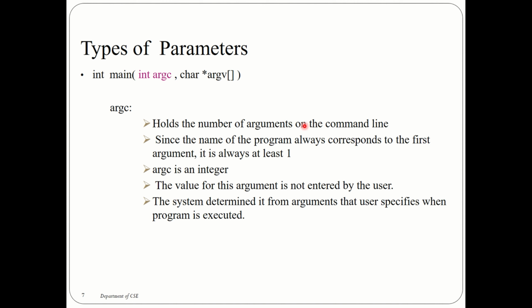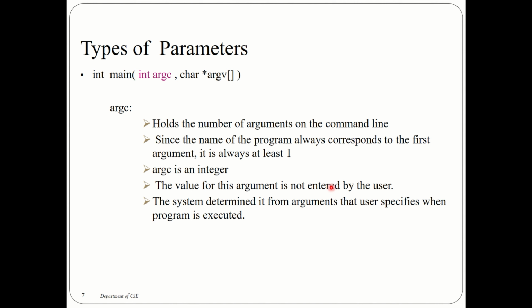./a.out is the file with which I will execute my C program. So normally there is at least one item in the execution step, the file name. This argc will hold the number of arguments on the command line. If I am simply executing my file without passing any explicit arguments, my argc will be 1. By default, the value of argc will be at least 1. And argc is just an integer.